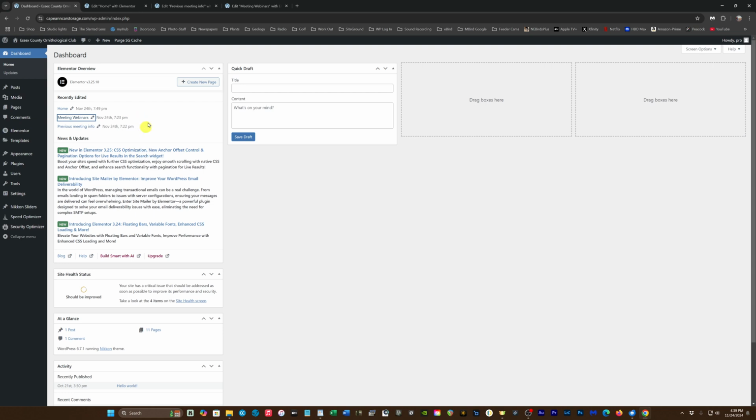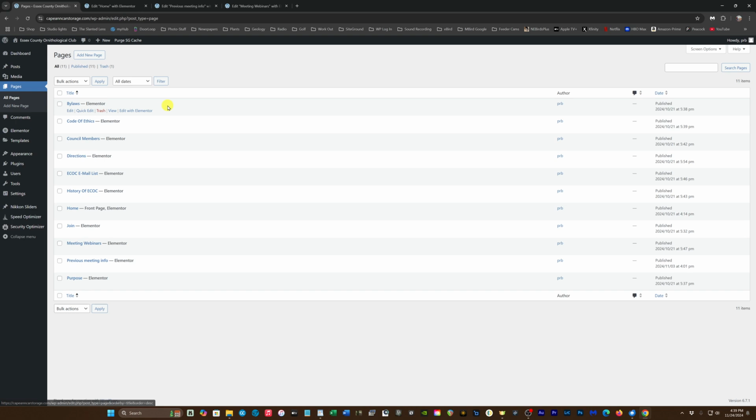Now, if those pages weren't listed here because you've done some other work and you needed to find them, you would just come to pages, which would open all pages. There are 3 different sections of pages on the main ECOC site, and you would just come to the bottom and you could go to the next group of pages and the next group of pages to find the page you were looking for. And instead of just clicking on it, you would click on Edit with Elementor for whichever one you wanted to open, and it would open in Elementor. That's the only way you're going to get into Elementor from the All Pages page. But we're going to go back to the dashboard,